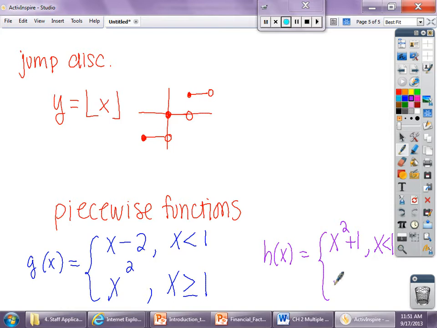One, two. Alright, so those are my two piecewise functions I'm writing for you, and then the question I could ask you is, is the function continuous? And then I just say that much, right? So, if I ask you that,